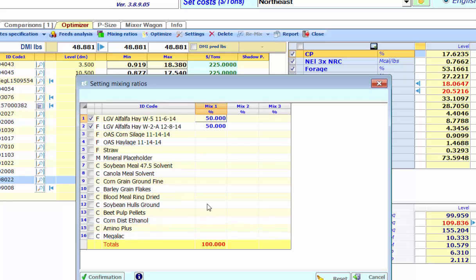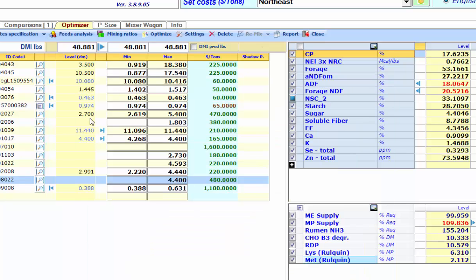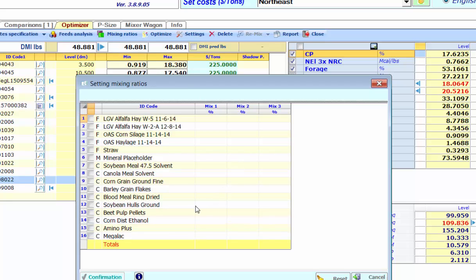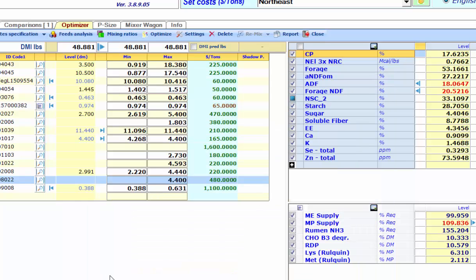Suppose that I wanted though to change also the ratio of corn silage. So let me cancel out of this and then come back up here and reset the mixing ratio. So just for the purposes of showing you how you can do this, I would select the 3 ingredients. And let's say that I want the ingredients to be 80% hay, and of the hays they're going to be 50-50 and 20% corn silage. So I've selected the 3 of them. That to get 80% hay, and each one is 50-50, I need the first hay to be 40% of the ratio, and it defaults to kicking out the other 2 values, but they're not what I want. I want the other hay also to be 40% ratio, and I want the corn silage to be a 20% ratio. So 40, 40, and 20 adds up to my correct proportions that I'm interested in, and I can then hit confirmation, and the